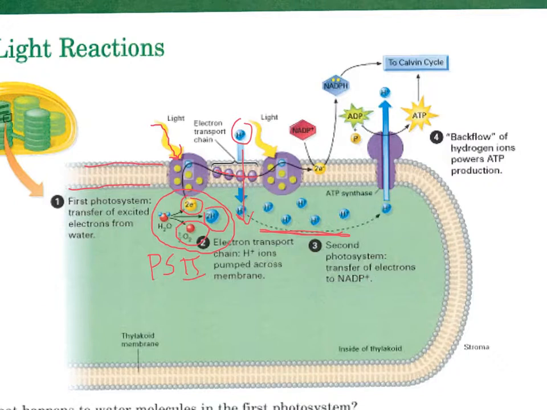So it's coming from the stroma. So let me write this out here. The stroma into the thylakoid membrane where it's building up. We're setting up this concentration gradient so that we can use these hydrogen ions again, much like we did in the electron transport chain. So if we get back to the electron transport chain, we see that at the end